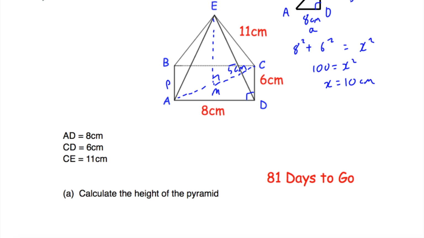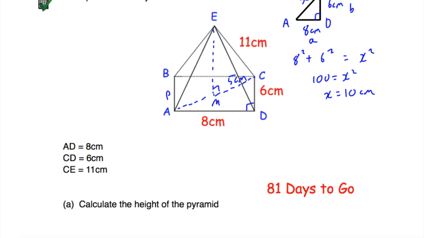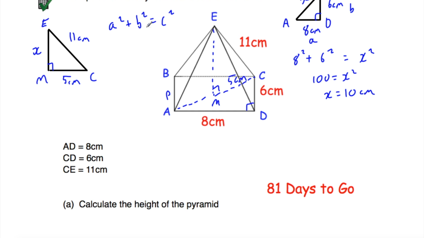So let's draw the triangle EMC, and I'm just going to draw it over here. This is the right angle triangle EMC, where E is the top of the pyramid, M is the center of the base, and C is that corner there of the pyramid. And we know that EC is 11 centimeters, MC is equal to 5 centimeters, and we want to find the height of the pyramid. So let's label our sides. Pythagoras' theorem is A squared plus B squared equals C squared. The two shorter sides are A and B, and the longest side, the hypotenuse, is C. So A squared, that'll be 5 squared, plus B squared, that's x squared, is equal to C squared,